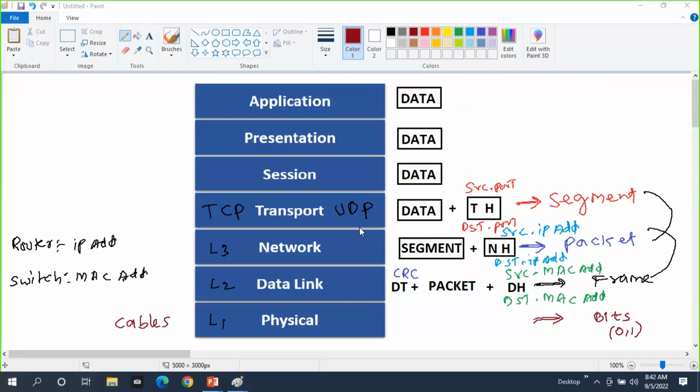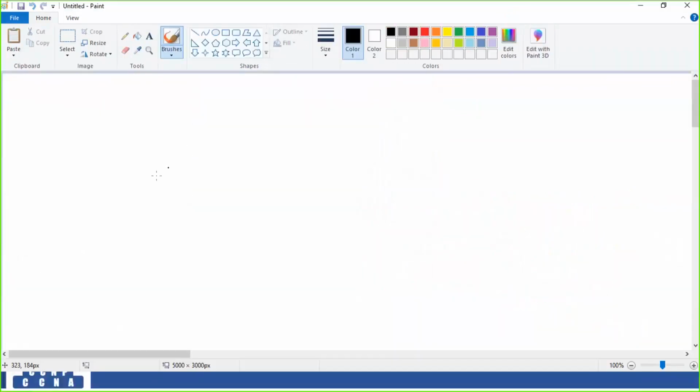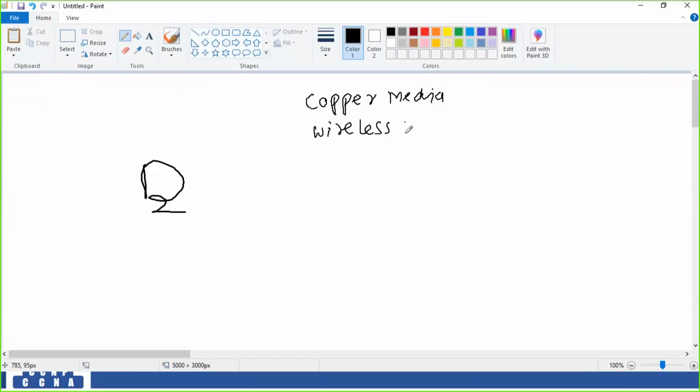So what type of media do we have? This is a device. And what type of media? With an RJ45 cable you can connect, which means it's a copper media. Or we can connect to the network through Wi-Fi. Wi-Fi means wireless media. Or we can connect through optical fiber media, OFC media. So based upon the type of media we are using,